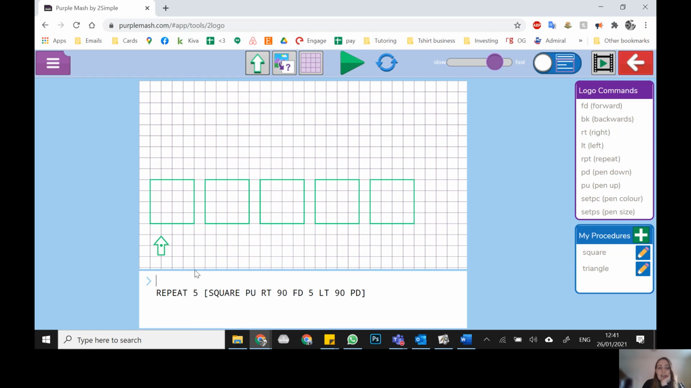I'm going to move this code down and I'm going to write SETPC. That stands for set pen color. And I'm going to leave a space and I'm going to write a different color, maybe blue. All right. Now I'm going to press play and he's going to draw 5 blue squares. And I'm going to bring him down. Maybe let's go up